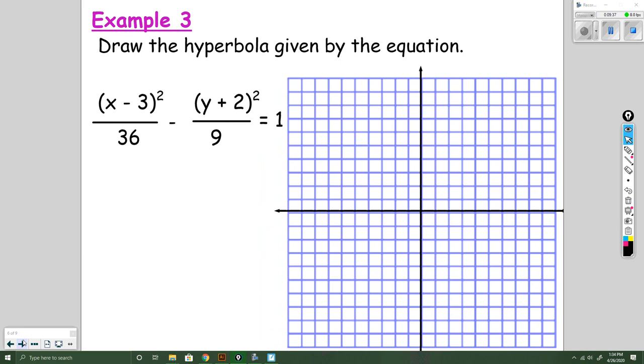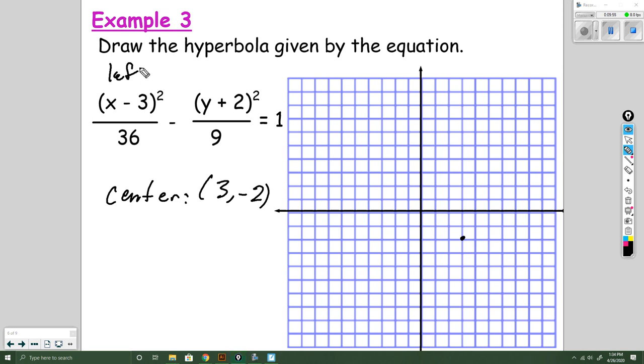All right. Now we see that there's something going on with x and y. So that means our center is going to be different. The center, for example 3, is the point 3, -2. I'm going to draw that on the graph. Notice it starts with x, so it's going to